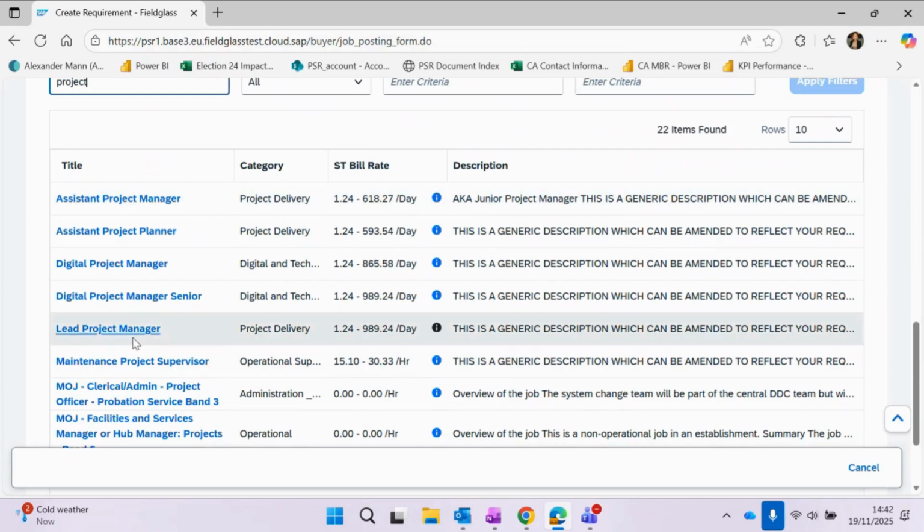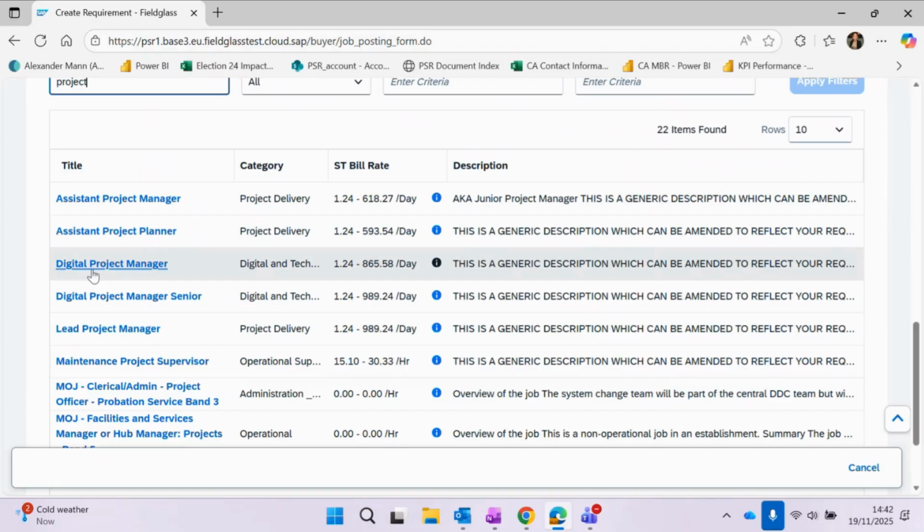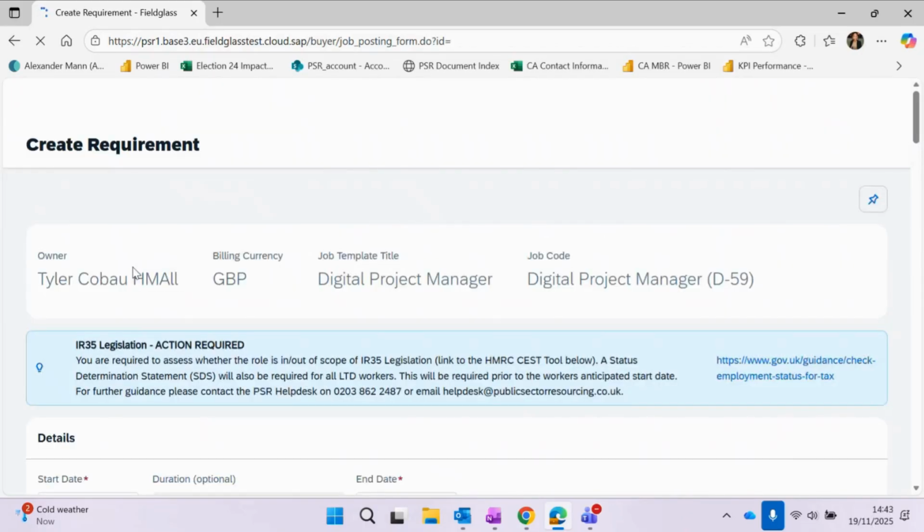Please just use these generic templates that we have available. So if I was looking for a digital project manager and the rate I had to offer a day was £600, it would likely be that this would be the template that I would then pick. So if I click on this big hyperlink, it's going to take me through to a new page,